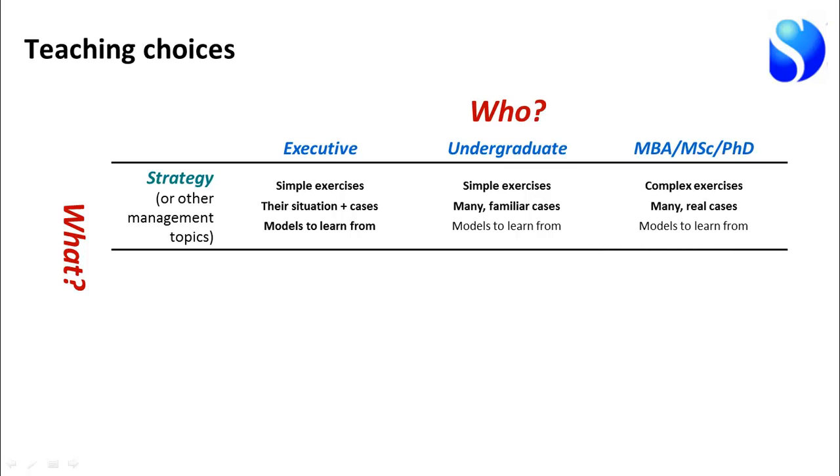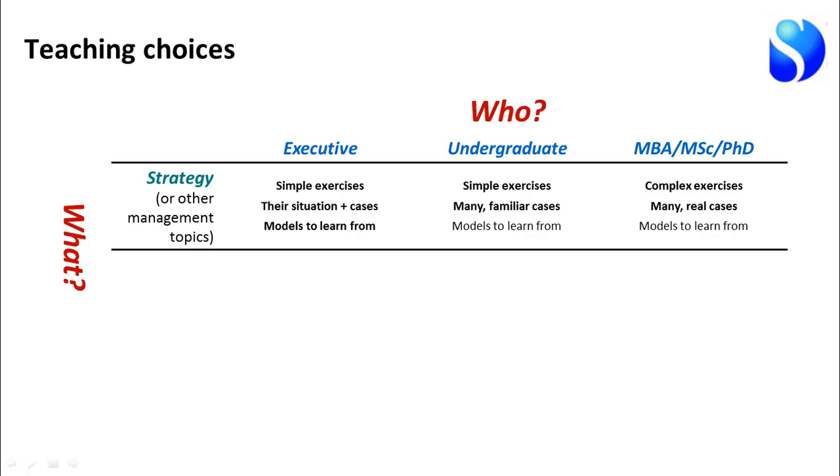So here are the two dimensions. Who are we trying to teach, and what are we trying to teach them about? I've split it up into simple categories: executives, undergraduates, and more advanced degree student cases. If I'm teaching strategy or other management topics, so I'm not trying to teach about the building of models, in this row here, what do I need? Well, I need to give executives simple exercises. Those exercises need to look something like situations that they actually have to deal with, and they need models to